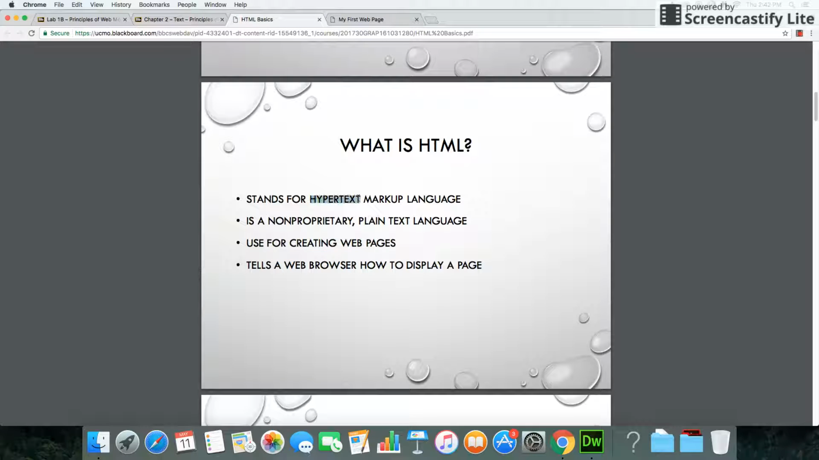The hypertext portion of this, well, that's how we experience the World Wide Web. When you visit a website, you can click on a link, a hypertext, and that will either take you to a different spot on the same page, or it might take you to a different page altogether. That's the hypertext portion of this HTML